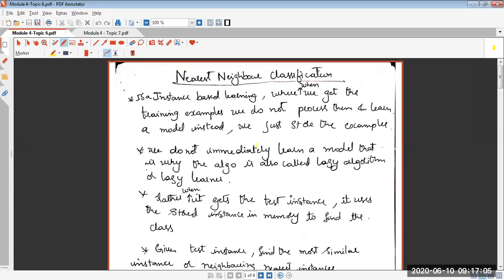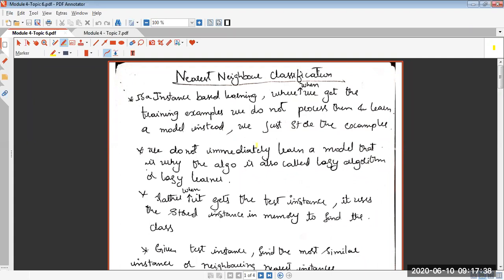All the three classifiers have one thing in common. What is it? For the given input, or the given data object or record, it will decide to which class it belongs: class A, class B, or class C or D. That is the common goal among all the three classifiers. One more common thing is that all the three classifiers are supervised, meaning that they need training data, where previous observations are required for all the three classifiers.